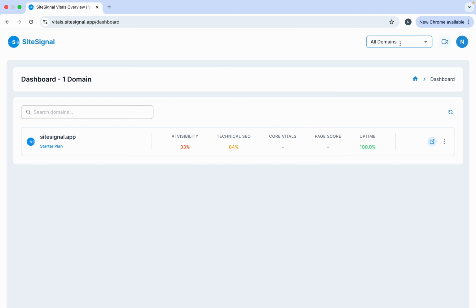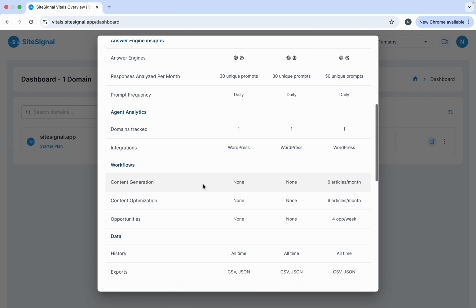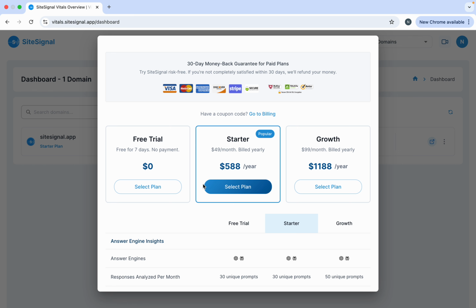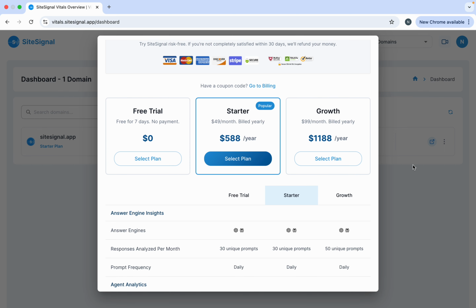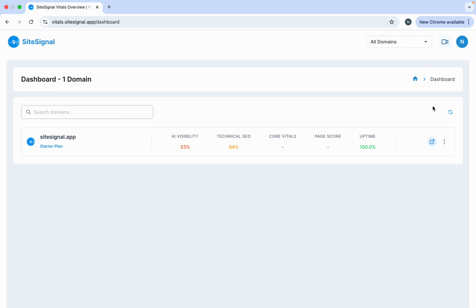So the first thing, you need to go to add domain, and if you have many domains you will be able to see all of them here. Otherwise, add domain, and you can select whatever plan you like, and based on your pros and cons you can select the solution. So if you want to try it out, try the free trial. It has an unrestricted starter version. It will give you 7 days. You can make a decision. So let's say you add the domain, and the first thing you need to do is